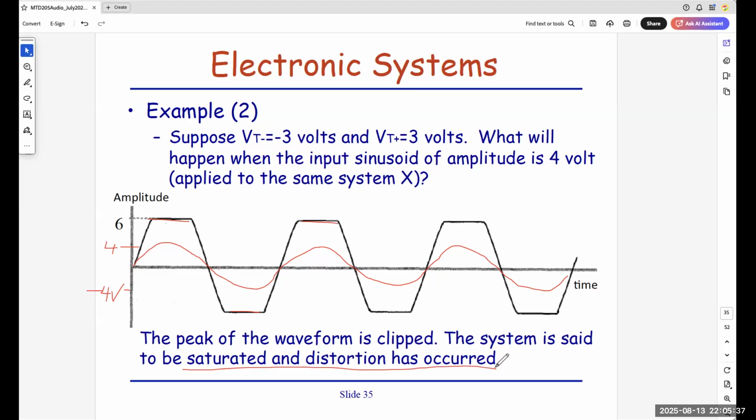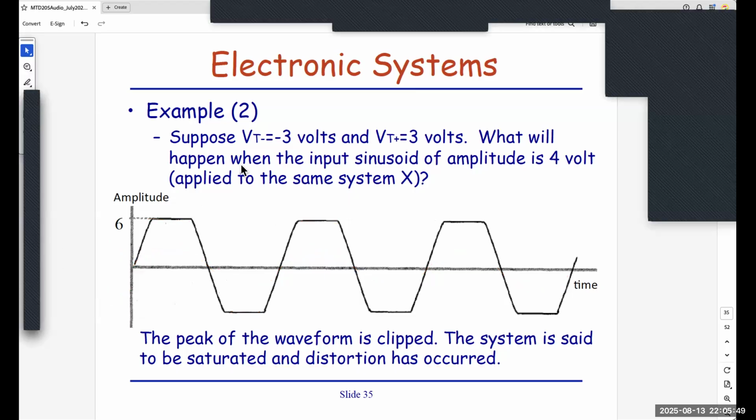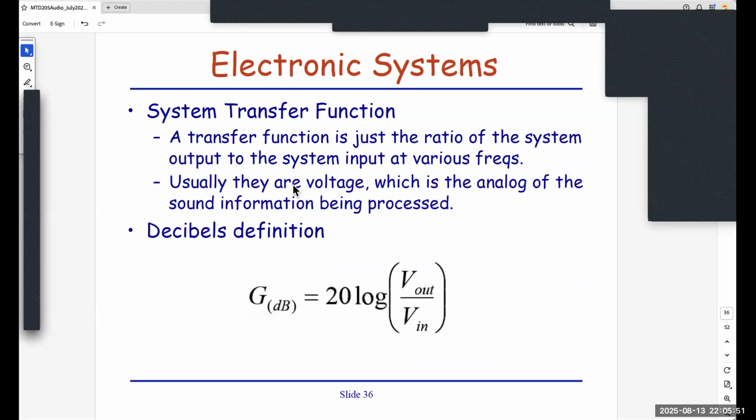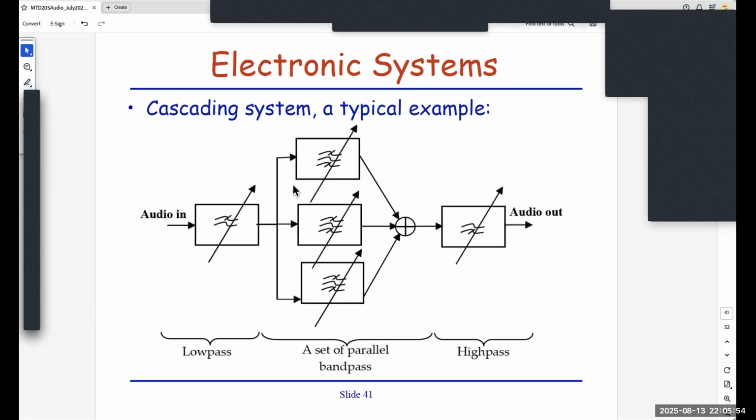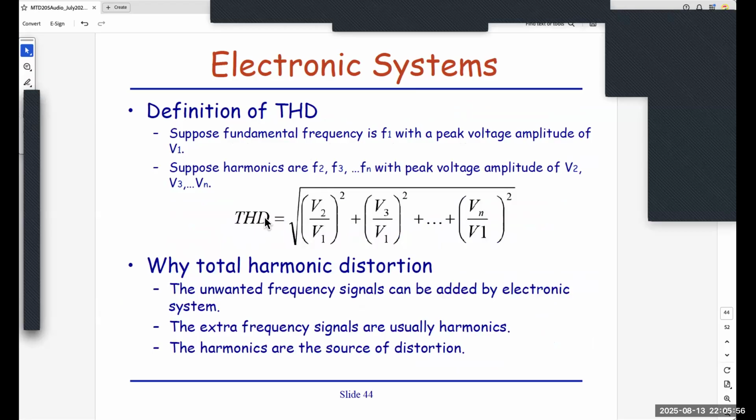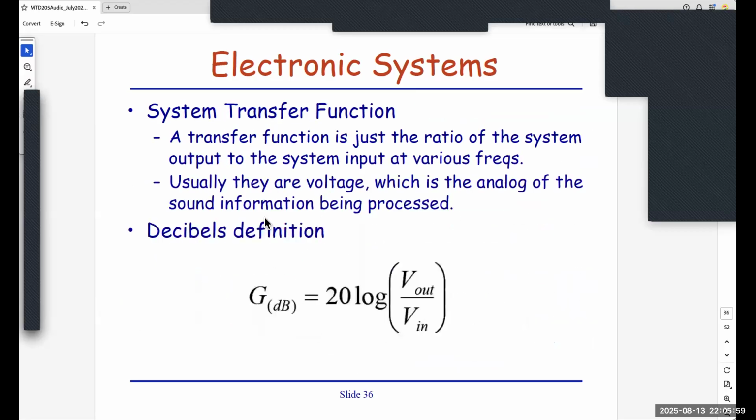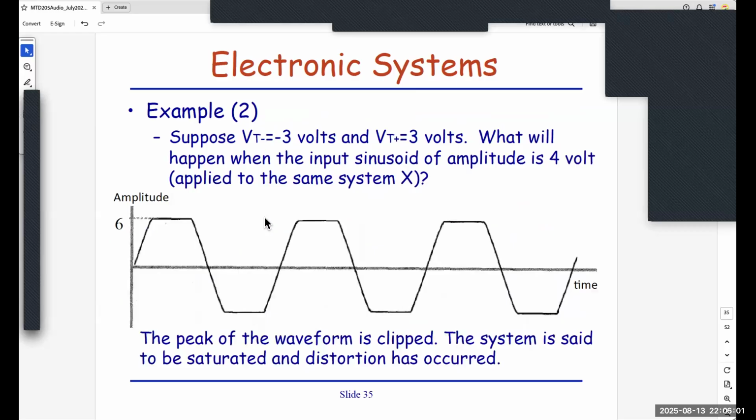In the next lecture, we will take a look at why this distortion is undesirable, because it generates extra frequencies. Okay, so that's all for today I want to cover. Of course, we will go through the remaining slides that talk about HDD. By the next lecture, once we finish, you should be ready to do your TMA question 1, which hasn't been released yet until mid of September. Okay, so that's all for today.